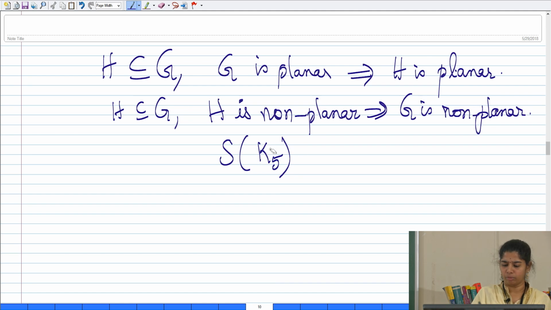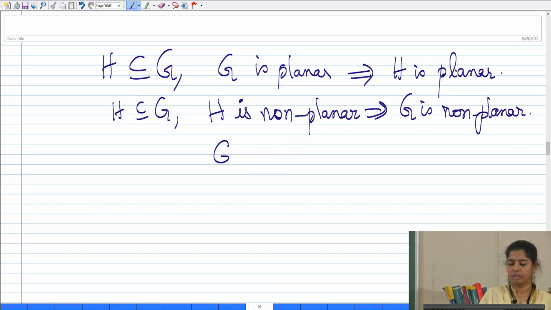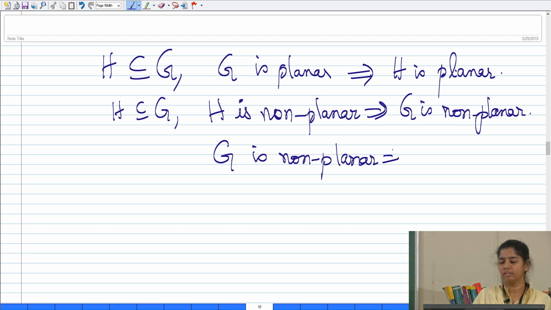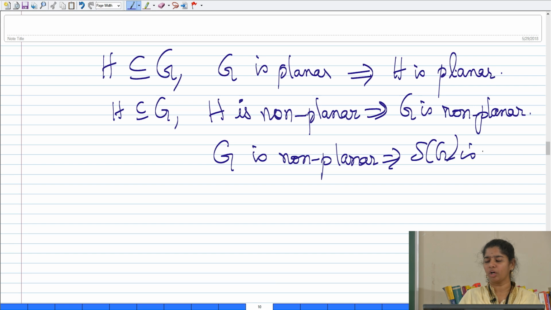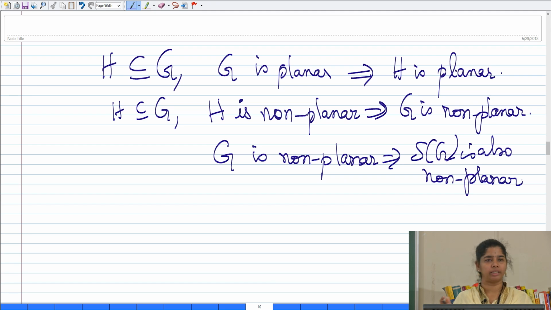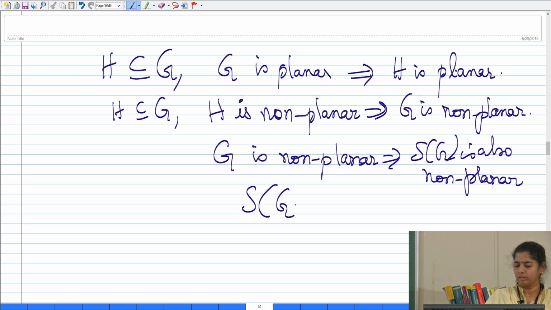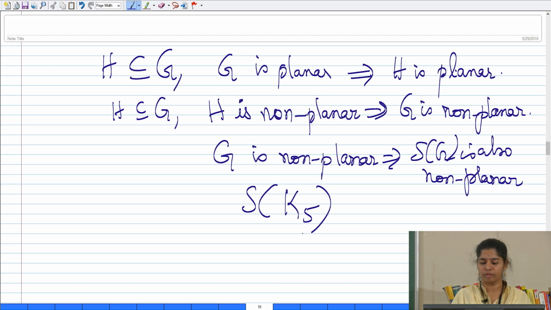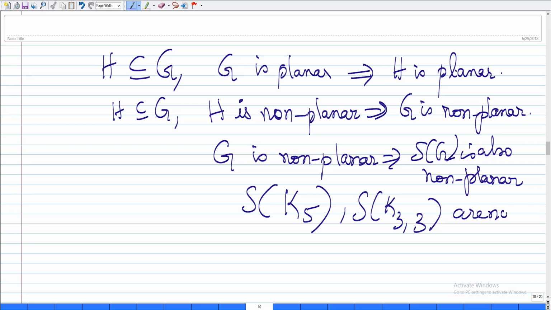So, I can also say one more result: if G is non-planar implies S of G is also non-planar. I am not disturbing the planar property here, right. So, if G is non-planar, then S of G is also non-planar. So, from here we can conclude that since we know that K5 and K33 are non-planar, the subdivisions of K5 and K33 are also non-planar,